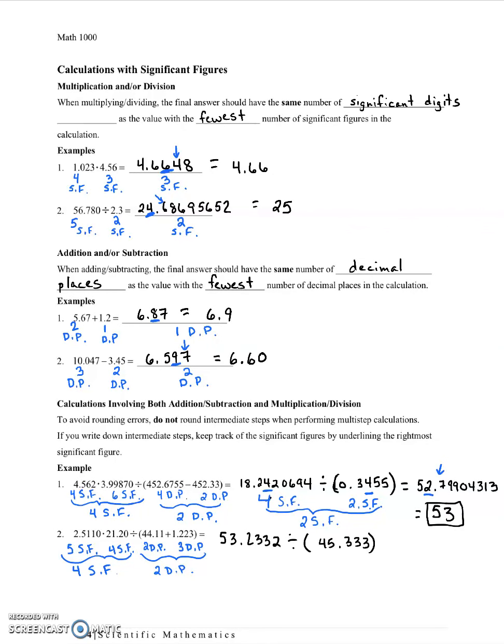Okay, now remember, we said the multiplication, we should have 4 significant figures, so that's the 3, because we should have had 4 sig figs. From the addition, we should have had 2 decimal places, so that's the 3. So we do the division, we get